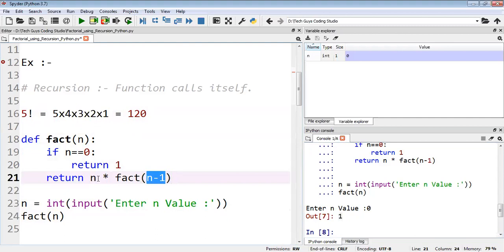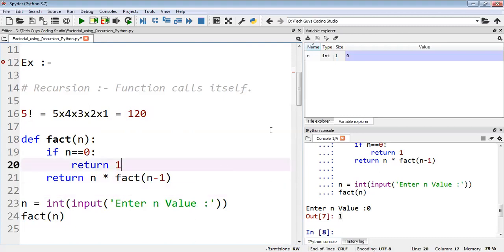So here 5 into 4, and then the n value becomes 4, then 4 into 3, again 3 into 2, and like this it keeps on going. Like this you can go for this particular example with the help of recursion.